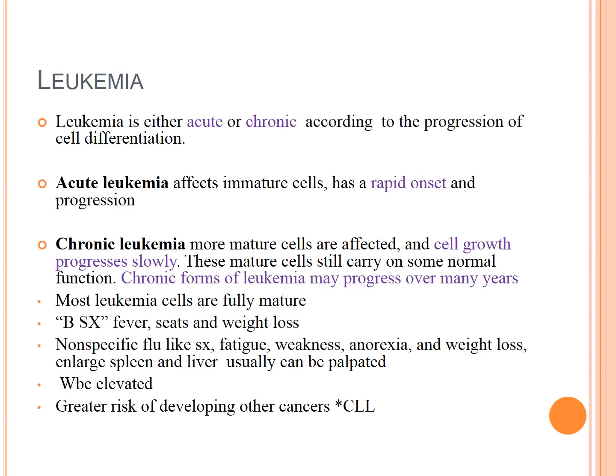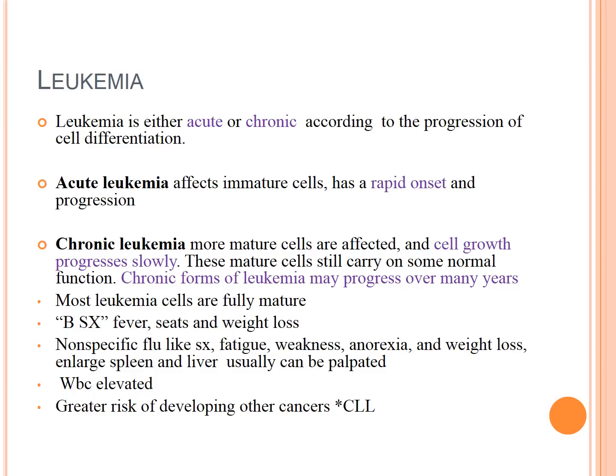So I told you it's either acute or chronic. Okay, acute is that rapid onset, and it also progresses really rapidly as well. Chronic leukemia is a long-term, slow progressing disease. Okay? People can live with chronic leukemia over many, many years, and sometimes they may not even have any symptoms. Sometimes chronic leukemias can just be accidentally found on a CBC at their PCP visit.